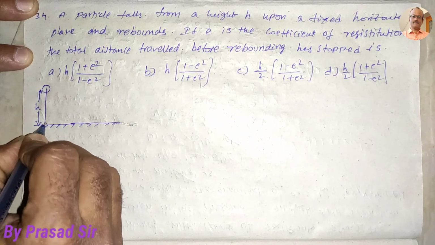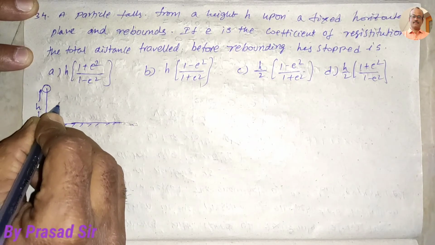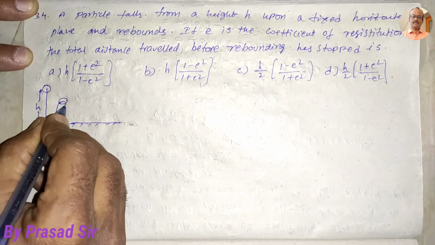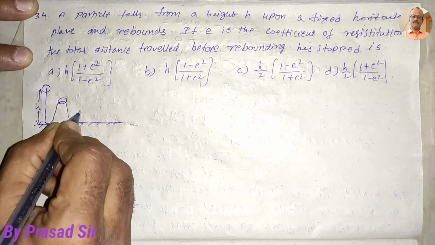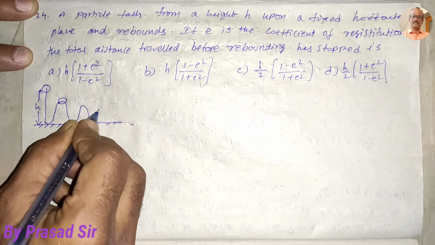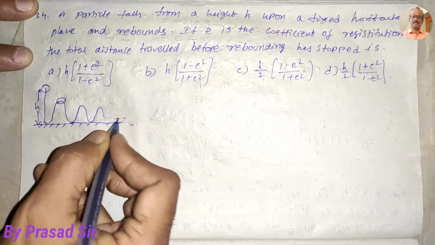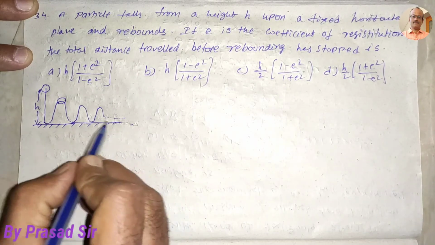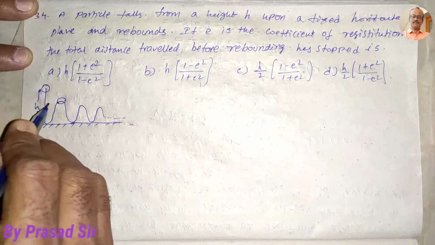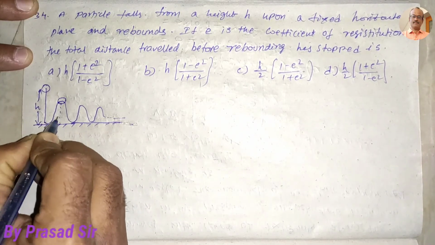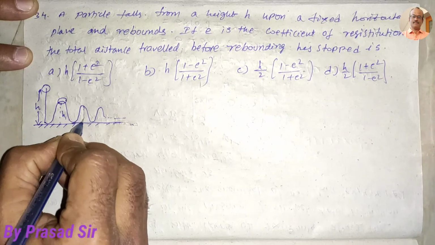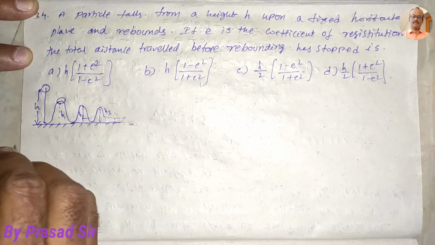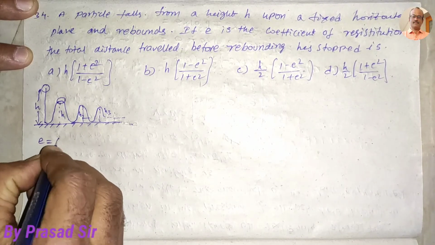After rebounding, that is striking the ground and reaching some particular point, and again it reaches the ground, and again and again, like this it can travel from one place to another place. It is continuously moving by decreasing the height. That is very, very important. So here this one I will take as h1, this one I will take as h2, this one I will take as h3. Now here given e is equal to